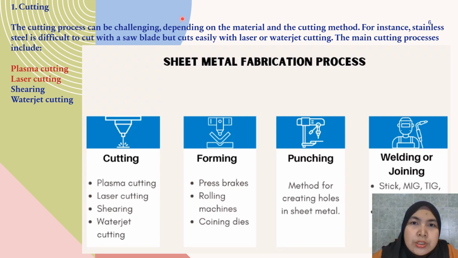A non-conventional machining process for producing the product in the previous image is expected to be known as a sheet metal fabrication process. There are 4 main classes of the process, which are cutting, forming, punching, and lastly welding and joining. By seeing the image, it is believed to be from the class of cutting. So the cutting process can be challenging,